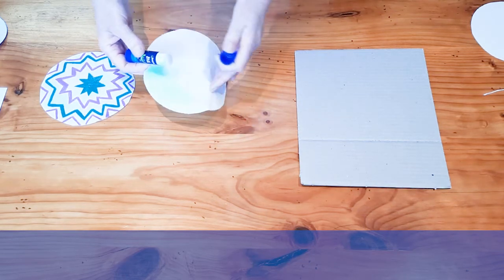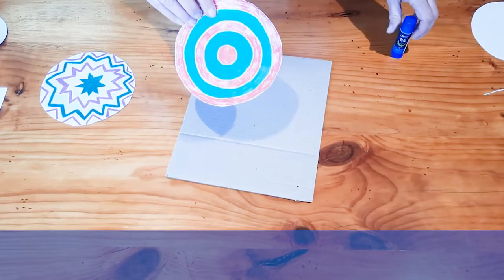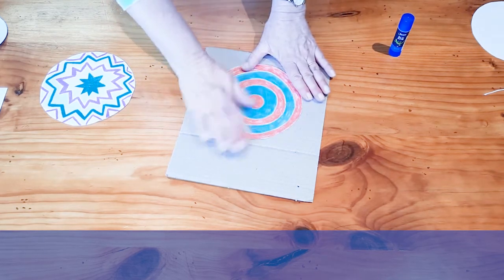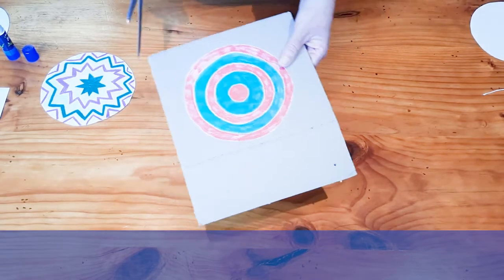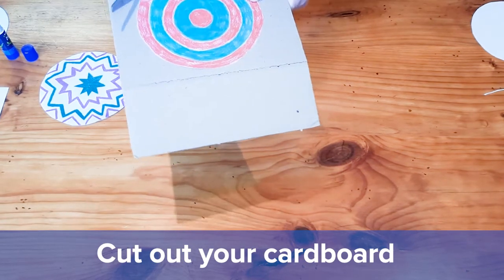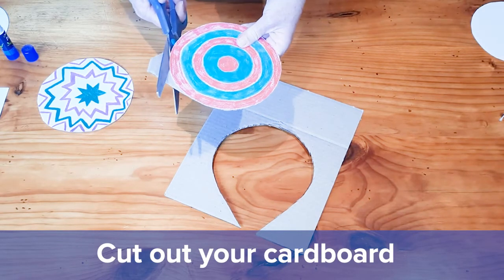And you need your cardboard. I'm going to put your design on the cardboard like that. Okay, the next thing we do is cut around the circle. So cut through the cardboard like this. Alright, so when we're finished cutting,